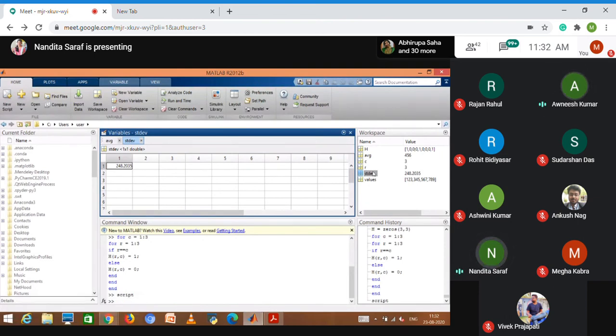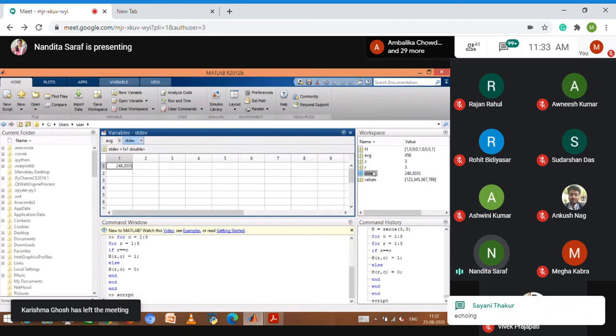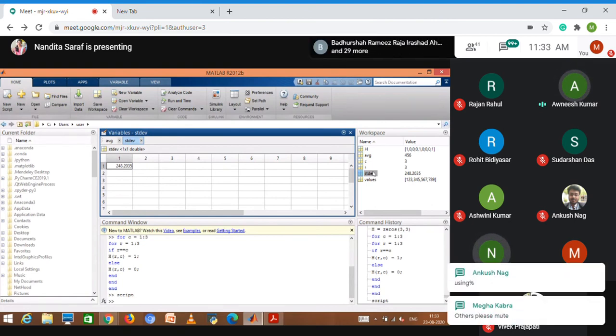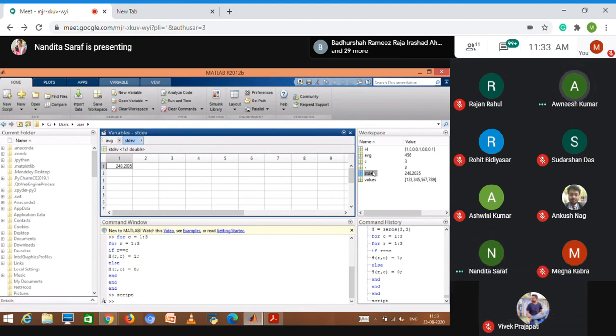The rand function gives a random number between 0 and 1 only, not any random integer. So if you need to create any matrix like that, maybe you can use some kind of your own function. Okay, thank you, ma'am.